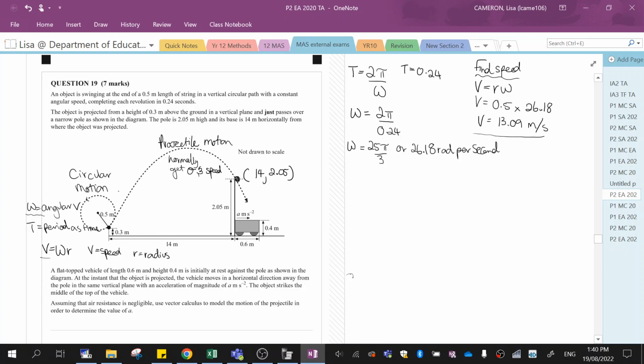So we're done with our circular motion portion of this. If you think about this point here, we're now going to be calculating our projectile motion equations. There are some notes that I wrote up for you guys. I printed them out and handed them to you in class about projectile motion. It might be a good idea to go back over those before you start trying to do this question. But what we're going to do is find the equations